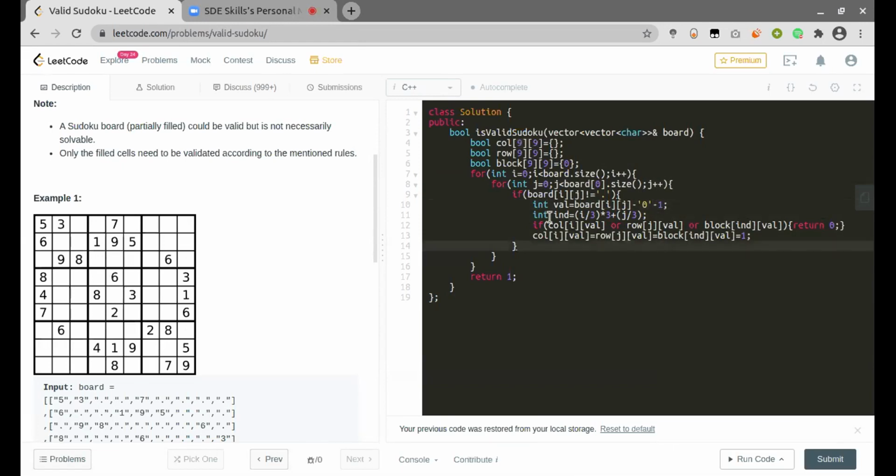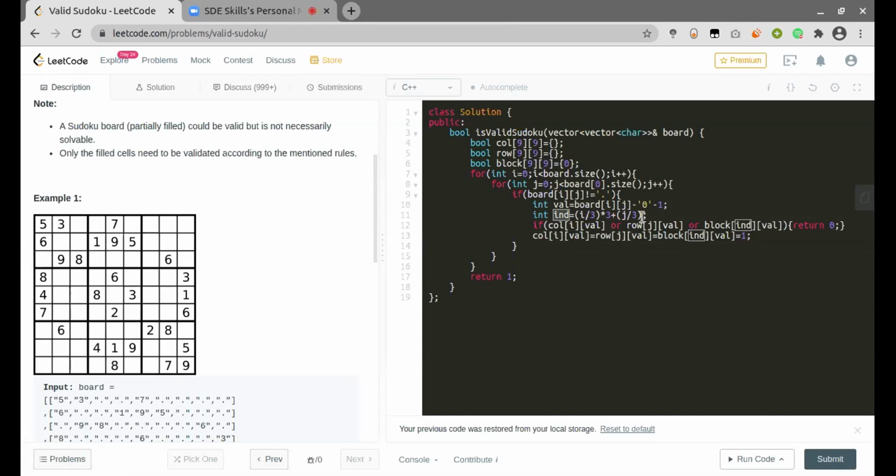Now to find the particular block to which the character belongs, we can use this formula, which is i by 3 into 3 plus j by 3. So in one line we can determine which block the particular character belongs to. For the first block, this value will be 0, for the second one it will be 1, similarly for 2, 3, 4, 5, 6, 7, 8.